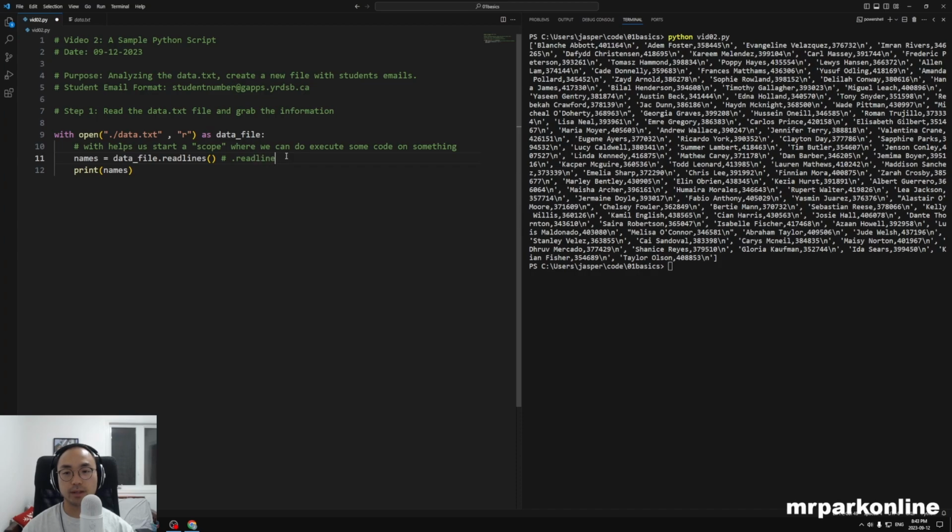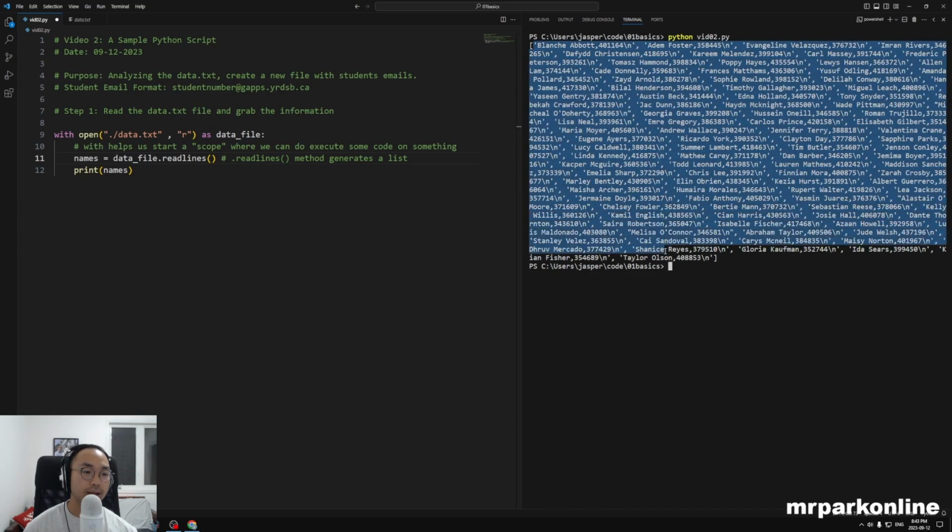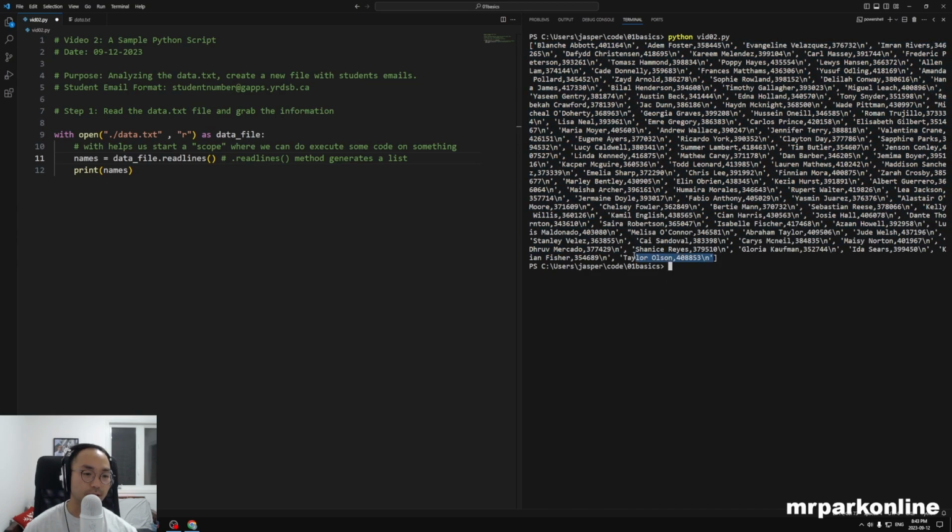So I'll say readlines method generates a list. And inside our list, like an array list, we have all these items separated. So I'm just going to analyze the very last one here. We can see that we have textual data, or a string, as each individual item in our list. And within it, we have their name, we have this comma, we have the \n to denote that we were creating a new line right after the